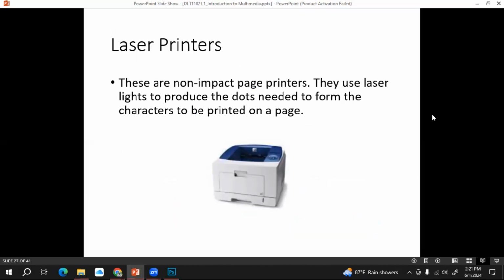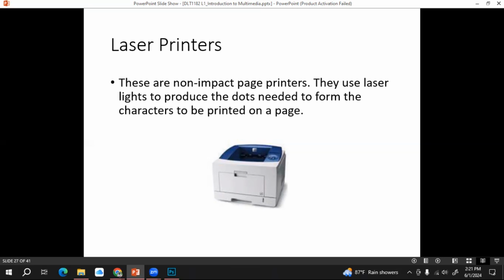Then laser printers. This is an example of an output device. These types of devices can convert soft copies to hard copies, hard documents, right?